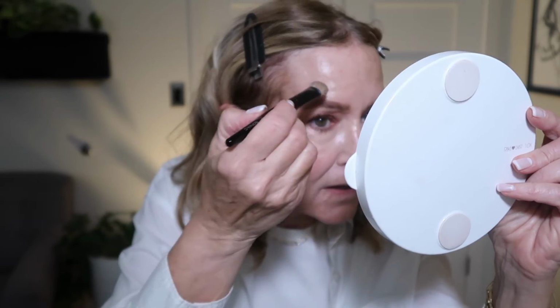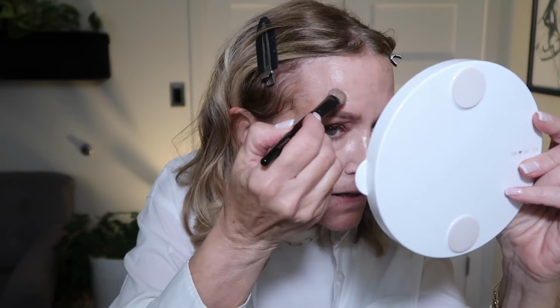And I have a broken capillary right there that I like to cover up. Go in there, and then I'm just gonna dab this. Excuse me, I'm gonna pick up the mirror to see what I'm dabbing. Okay. Yeah, I like it. I like it a lot because it's very hydrating. And like they said, it's radiant, so it's not, you know what I mean? It's not heavy and